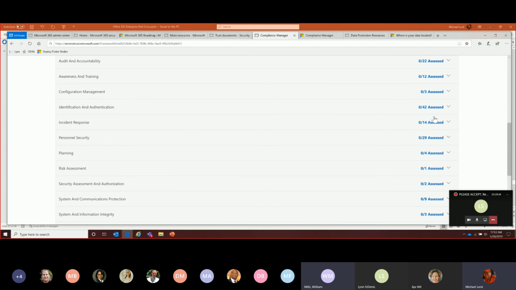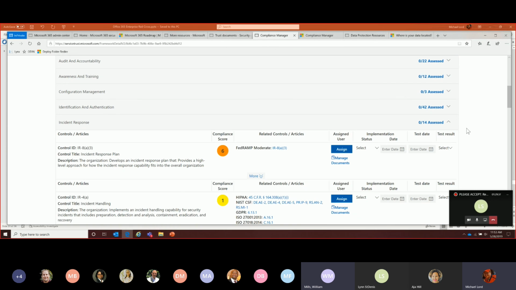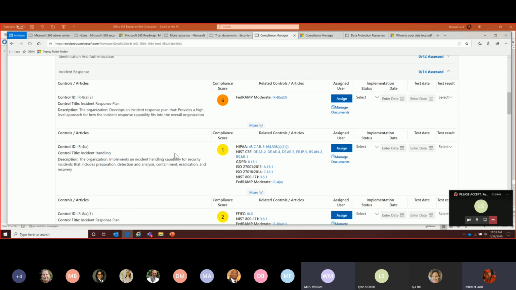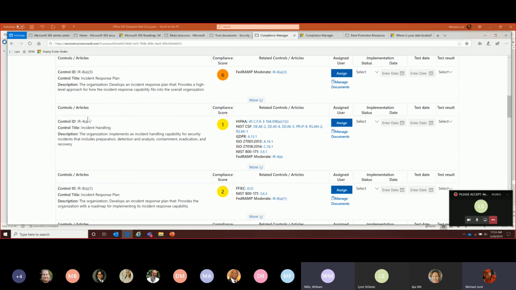So, for example, incident response, there are 14 controls that are spelled out in NIST 800-53 that we specifically recommend that Red Cross go ahead and design around. Some of them are process related, etc. And then we actually link many of these specific things like incident handling, for example, are tied to more than one specification. So not only is it a NIST requirement in terms of incident handling, it's also ISO 27001, it's ISO 27018, FedRAMP if you were government, HIPAA, all of these specifically state an incident handling process.